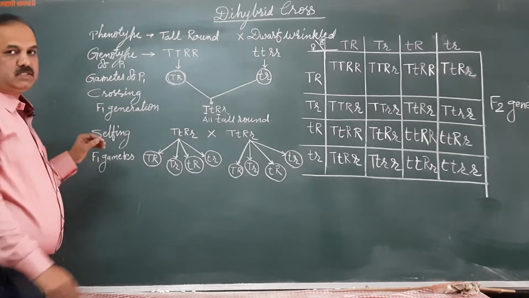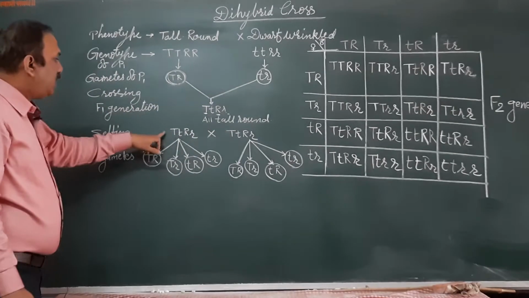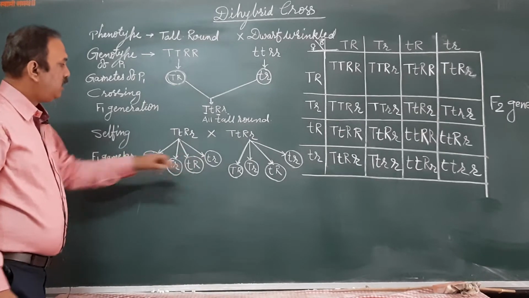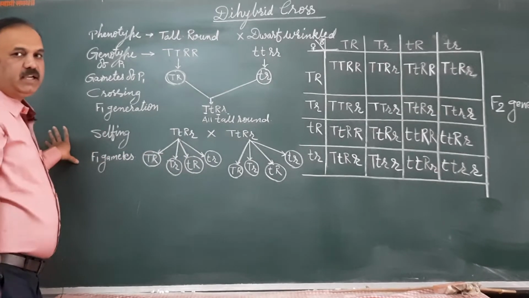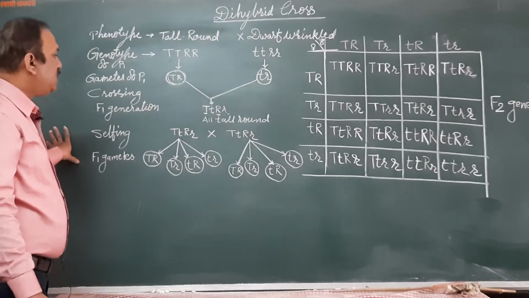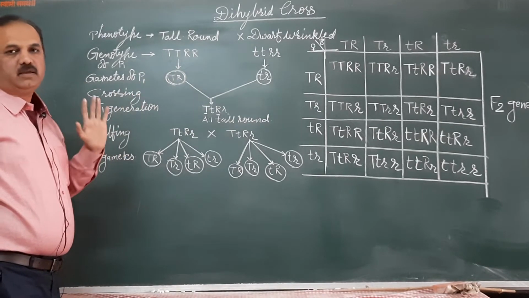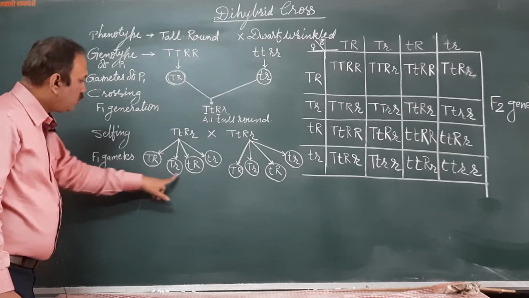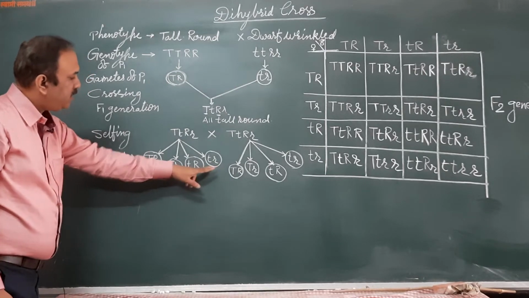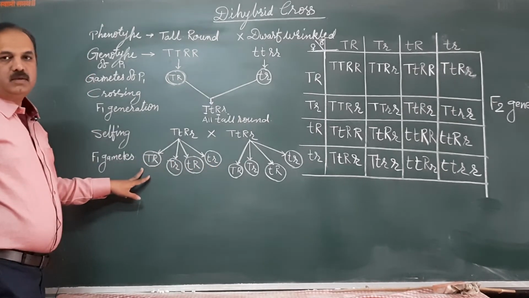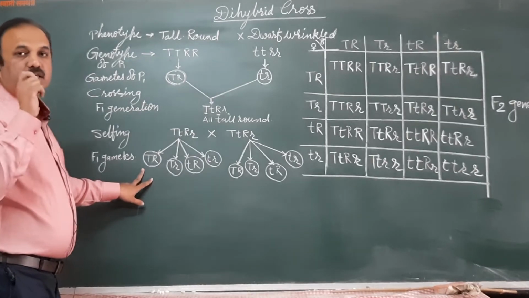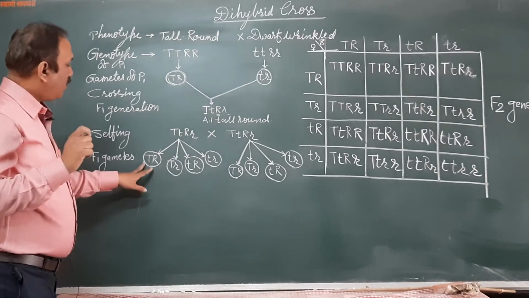Now in this case be careful. While the gametes are drawn, we know that the law of segregation is applicable there. One allele of one character goes into one gamete. Now see, in these gametes you will not find the character or the allele of the same type.